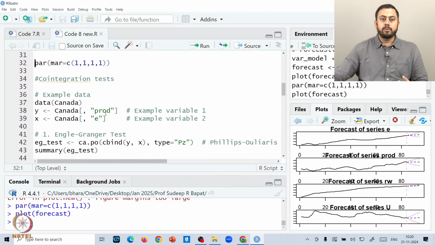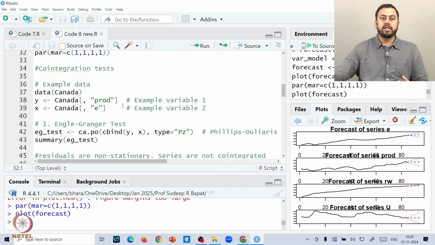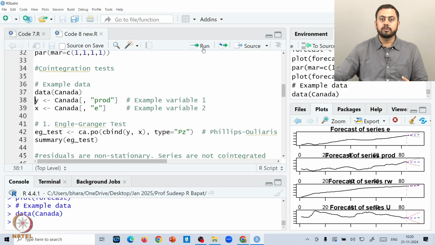And now the next thing we will do is play around with a few other co-integration tests apart from the Johansen test. Again we will incorporate the same data set, which is Canada, so we will call the same data set. And if you remember from the Johansen test, it concluded that one requires the linear combination of two series. So, here we will only focus on two series. The first one is productivity and the second one is employment rate. So, Y is productivity and X is employment.